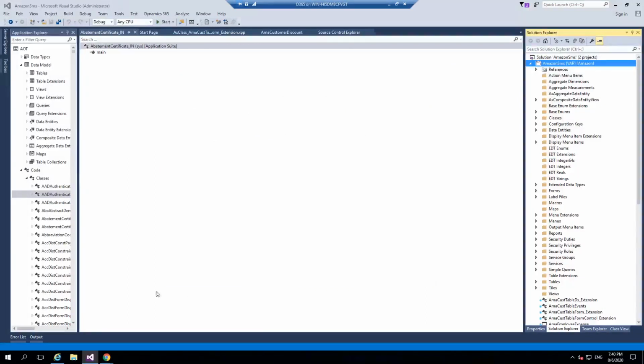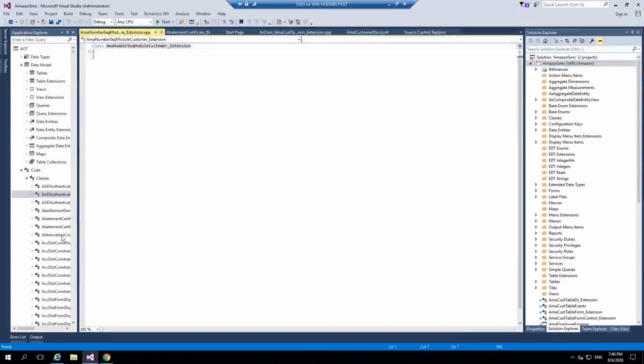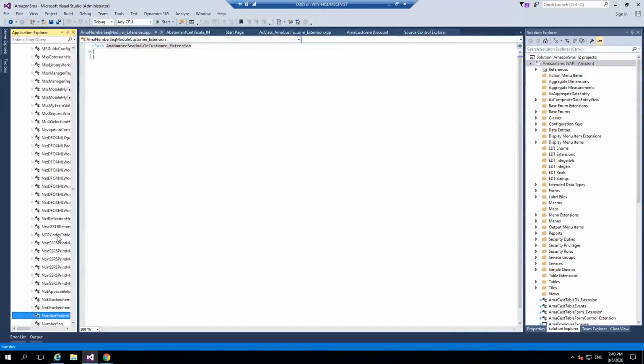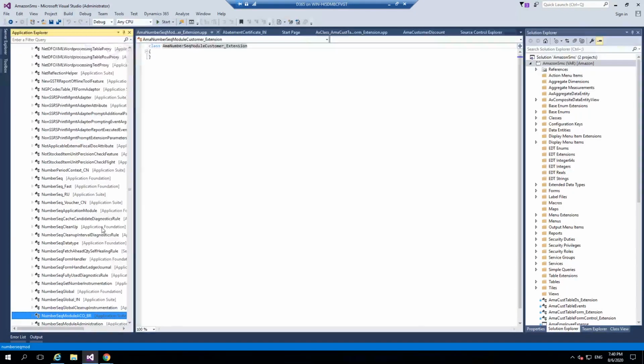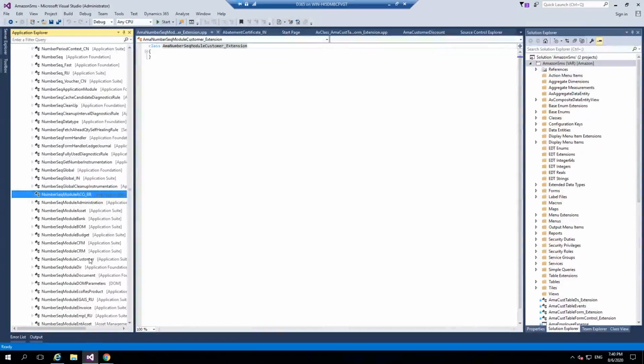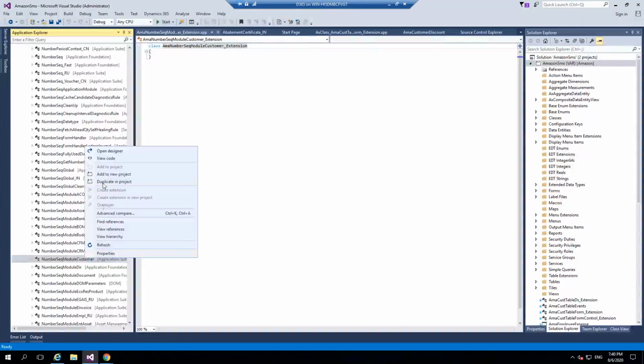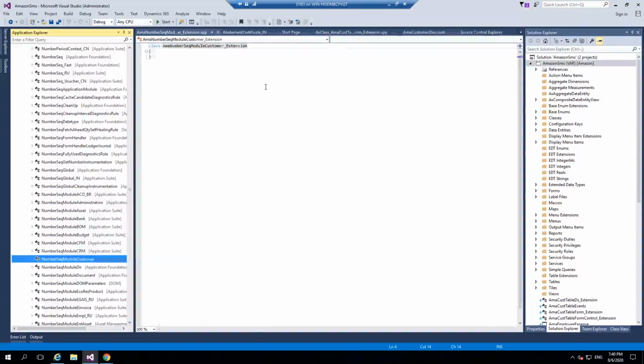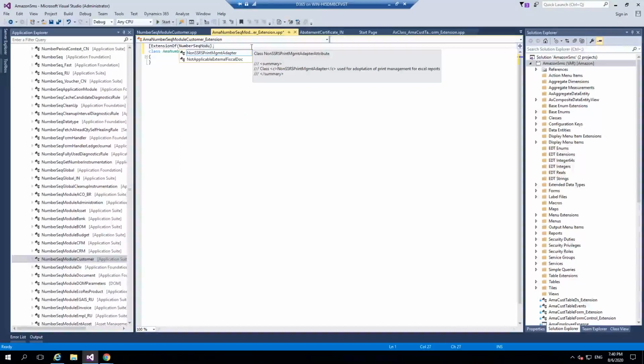Okay, so by default, if you ask me how you will create a number sequence, I am not going to write the whole set of code. Okay, what I will do is I will go to the number sequence module. Here you can see there are a lot of classes. Okay, module customer, I have it. Now what I will do is I will simply click on this and then I will go to view code. This is my extension. So what I need to do, I need to say extension of number sequence module